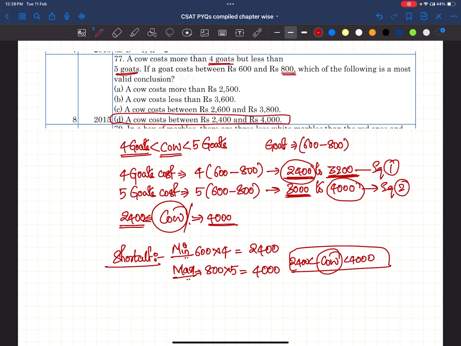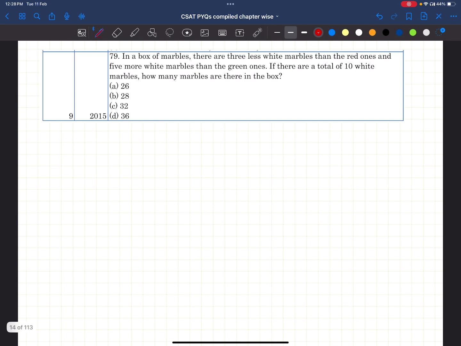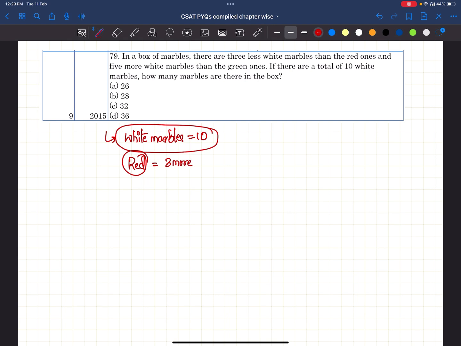Now let's go to the next question. In a box of marbles, there are 3 fewer white marbles than the red ones and 5 more white marbles than the green ones. If there are a total of 10 white marbles, how many marbles are there in the box? Now first, what has he given? White marbles are 10, right? Now, red ones are 3 more than white. That means 3 plus 10,